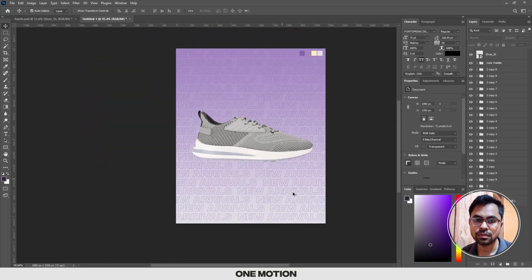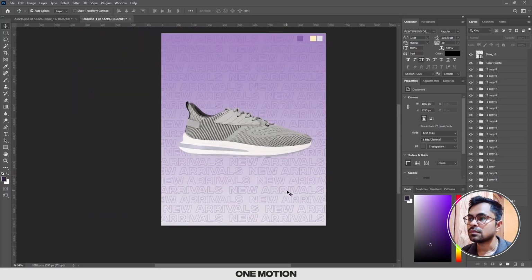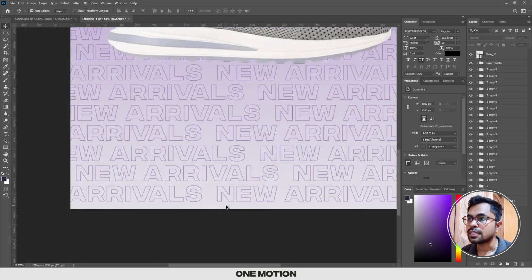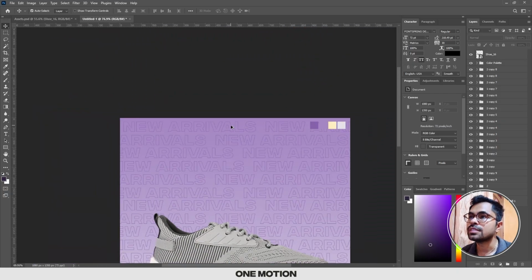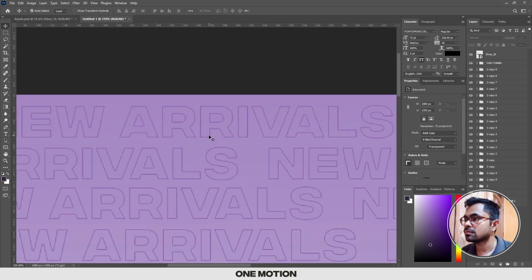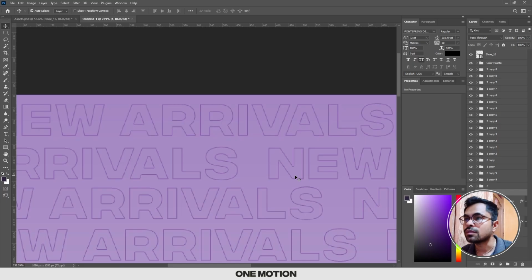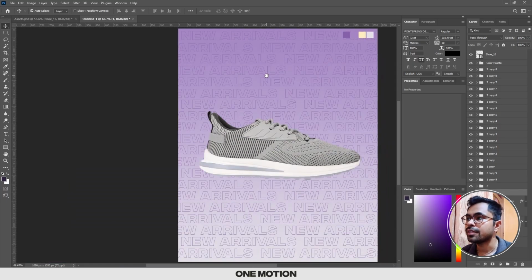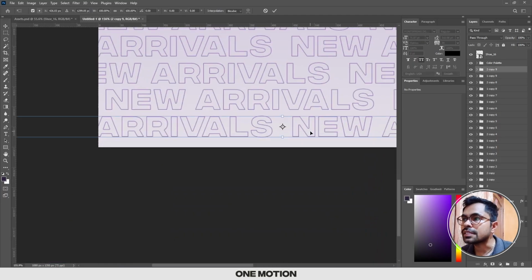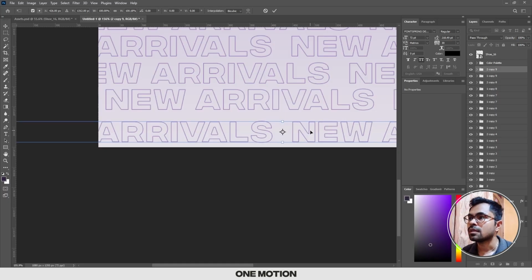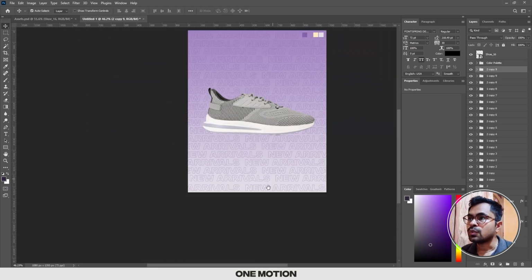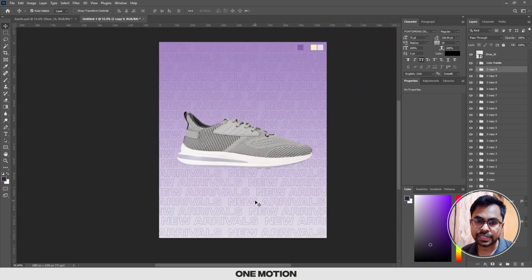Now this looks good. To remove the space from below and from top, we need to place it on the top, and we need to place it at the bottom. Now to have a gap in all the text lines, we need to align it, and for that we need to select all those layers,